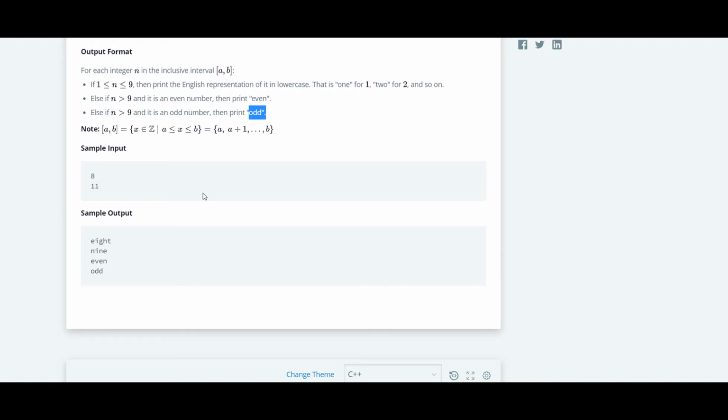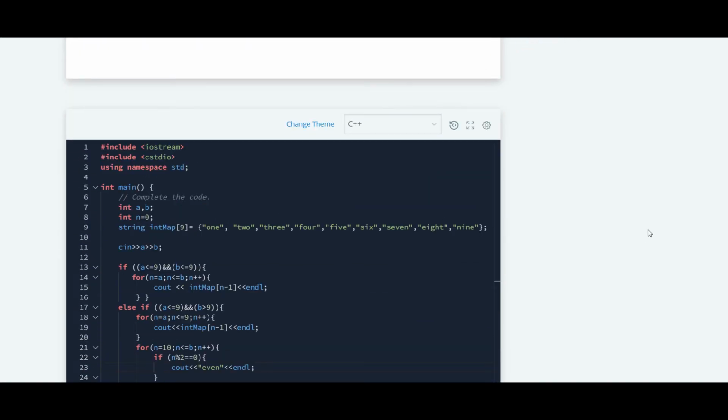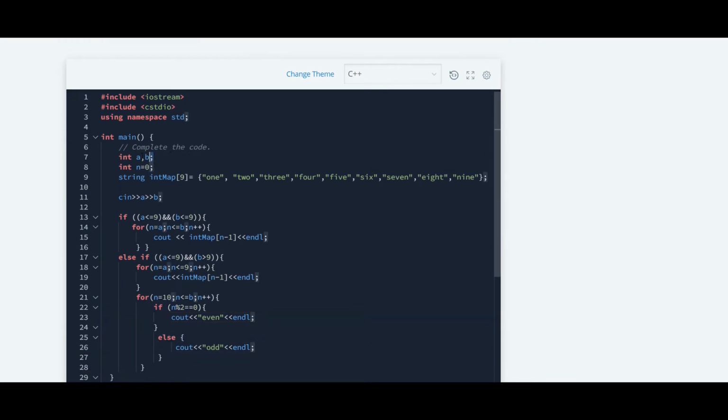So that's it for this explanation. We'll move ahead to code. I have already written the code and will explain it line by line. What we have done is first declared two variables, and down we have initialized n equal to 0. We will be using this n further in our program. And down I have taken a string. The name of the string is int map and the size of the string is 9, and inside that I have stored these numbers, 1, 2 and so on. I have stored them and I can access them with the help of index.